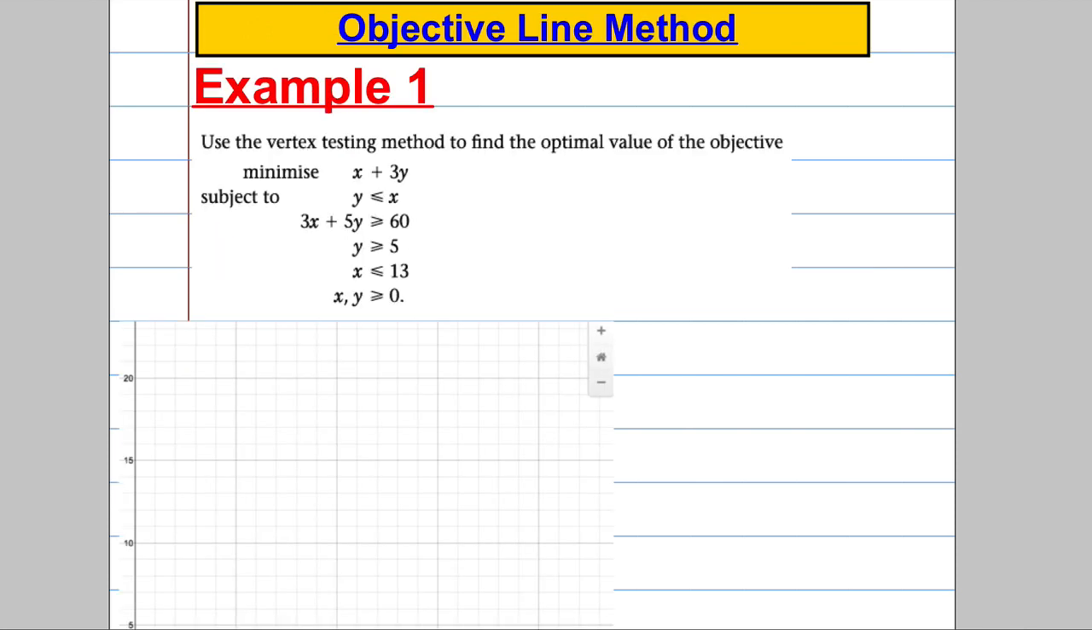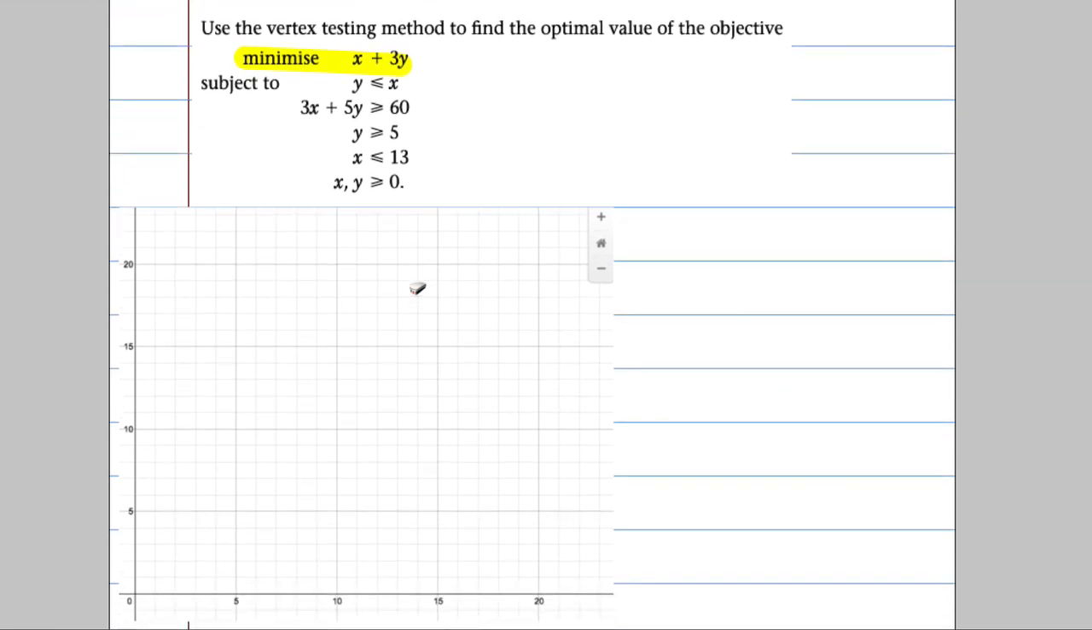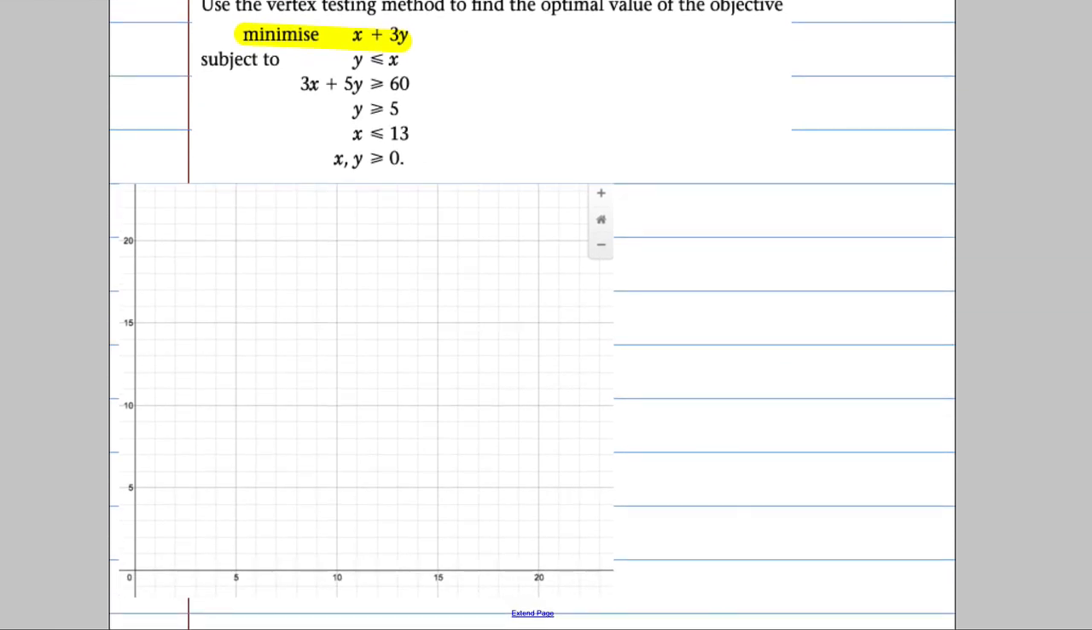Okay, so here's a typical example. Say we're solving a linear programming problem. We're minimizing our objective function, which is this, subject to our constraints, which are these. So the first thing we're going to do, obviously, is plot all of our constraints, etc., to find our feasible region. So firstly, we're going to plot y is equal to x to represent this one here,